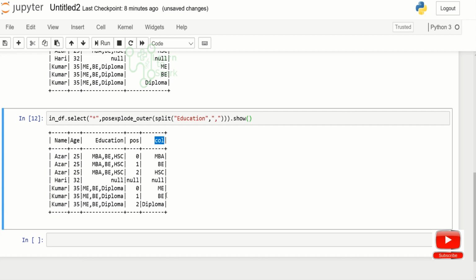exploded column. For renaming a column, we can use withColumnRenamed. There is an option withColumnRenamed, in which we have to give the old name and the name to which we have to change it.